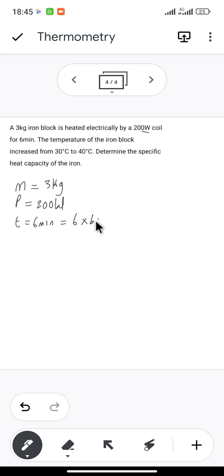So 6 times 60 gives us 360 seconds. The temperature of the iron block is increased from, so the first temperature is 30 degrees Celsius. Convert this, you add 273, you have 303 Kelvin, and